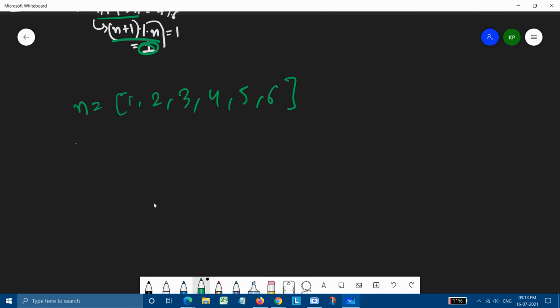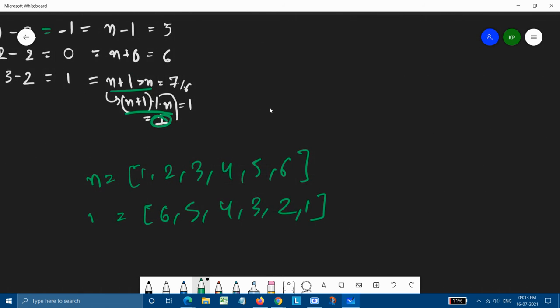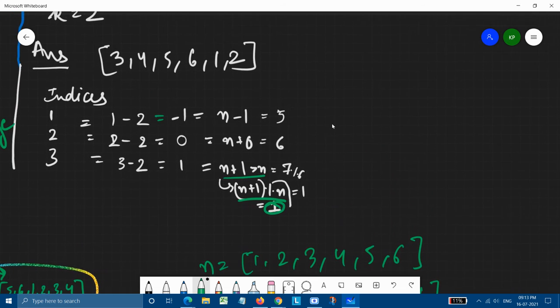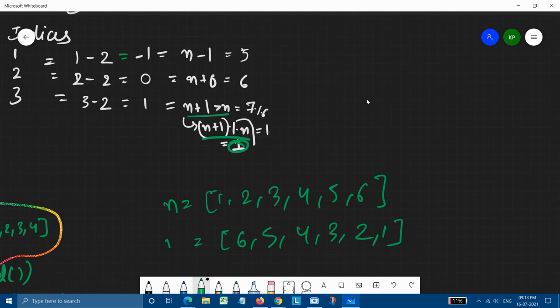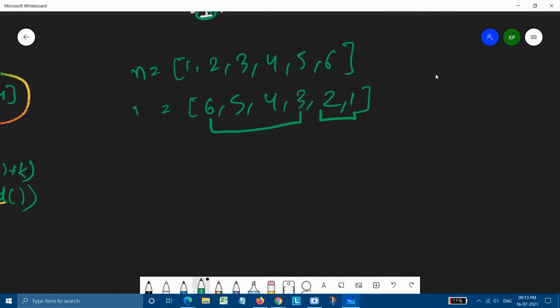Again we need to reverse it, and when we reverse it, let's observe the pattern in our final answer. The last two elements were reversed and the first four elements were reversed, means these and these. So in this part, what we need to do is